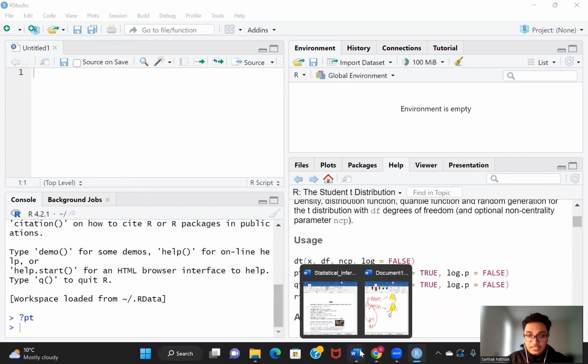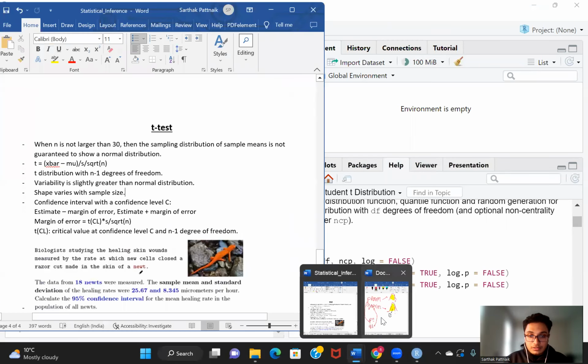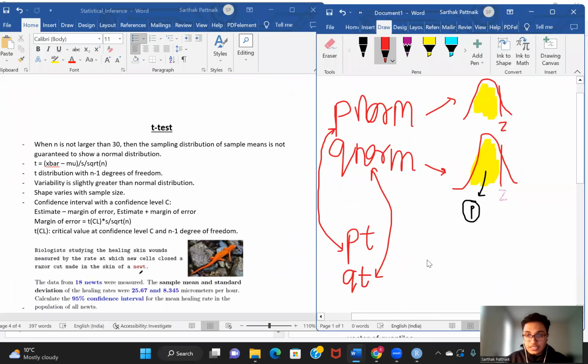And we studied in our previous session that degree of freedom for t-test is n minus 1, which is number of samples minus 1. So with these things in mind,